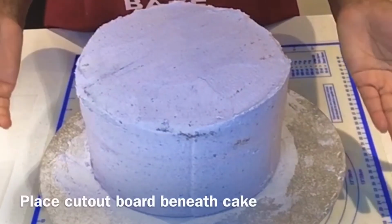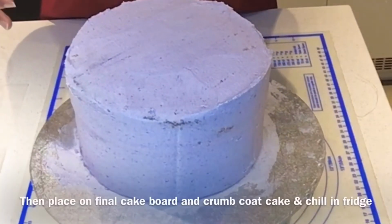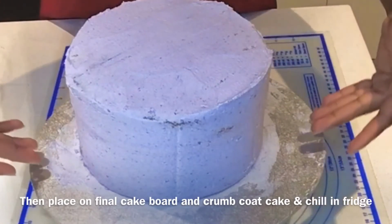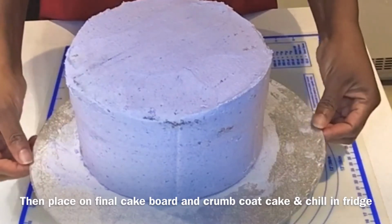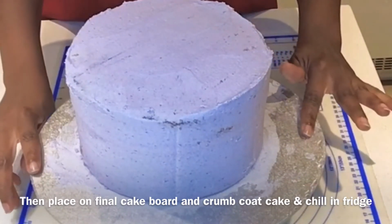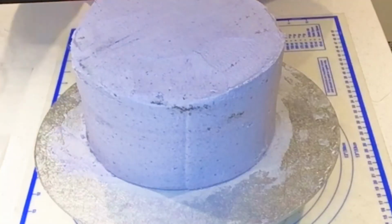So I have placed the round cardboard cutout, which I showed you earlier on. I placed that underneath the cake and on top of the board, which is my final board, which I plan to use for the cake. And then I have crumb coated. And so I'm going to start off by